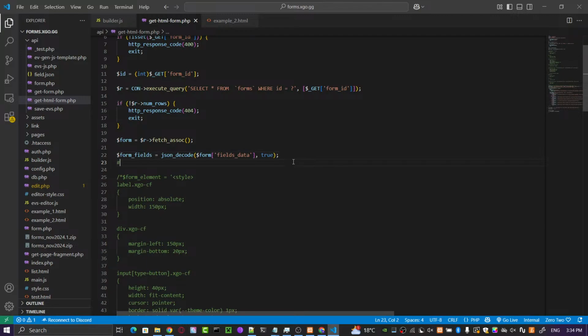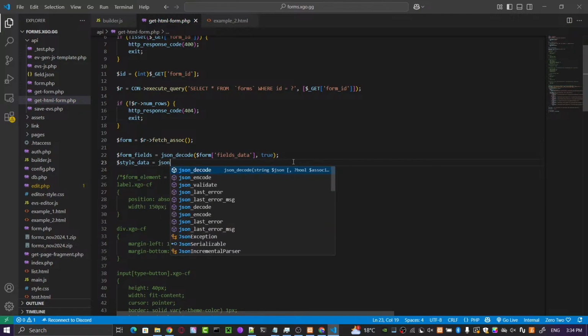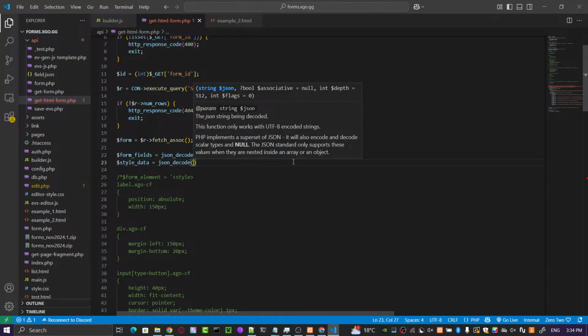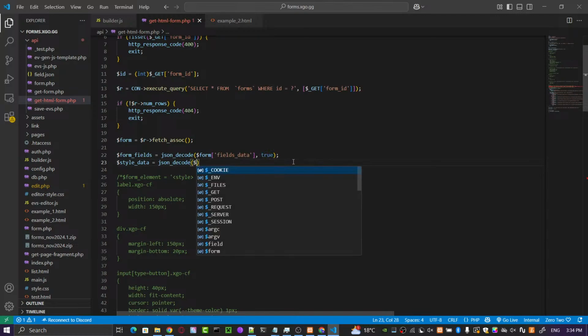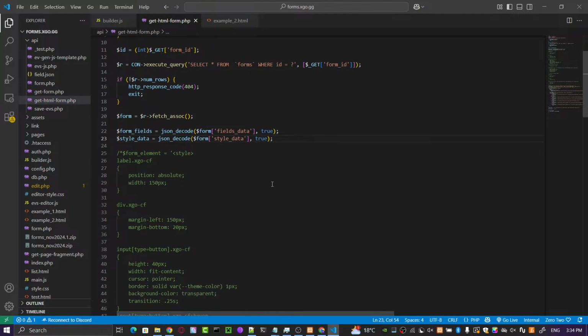Let's create a new variable here. Let's call it form style data, and then we decode the JSON. I think it's style data, and set it to true because we want to convert it to an associative PHP array.